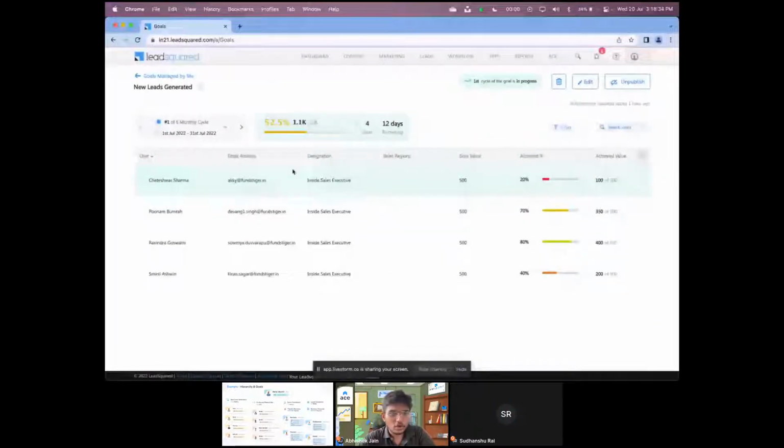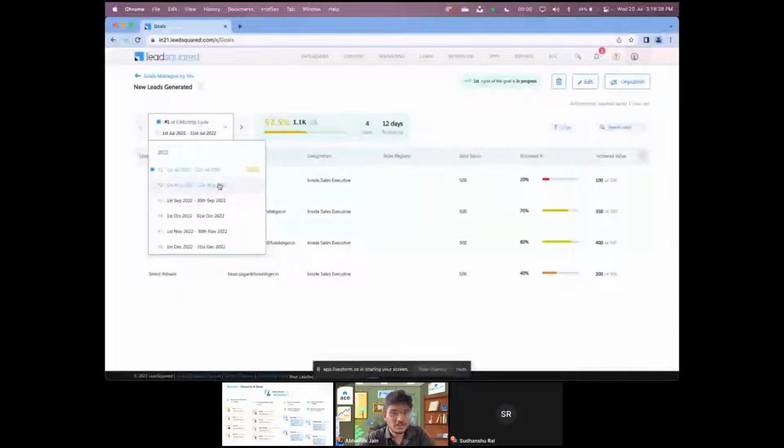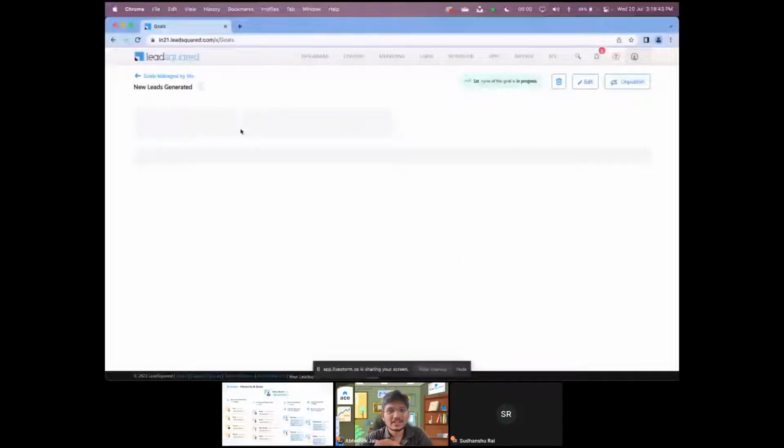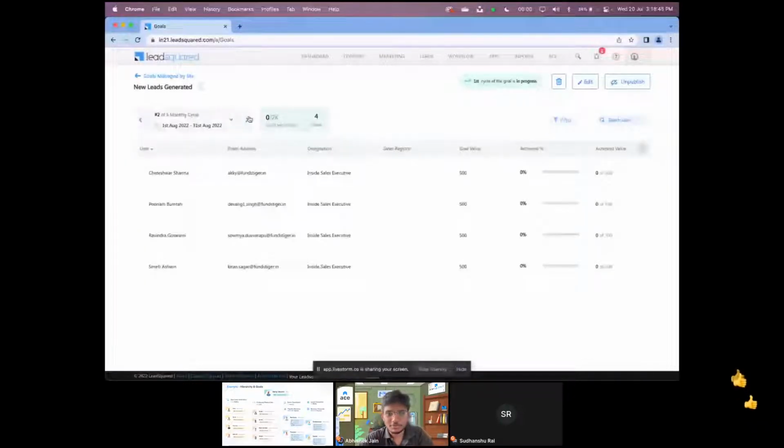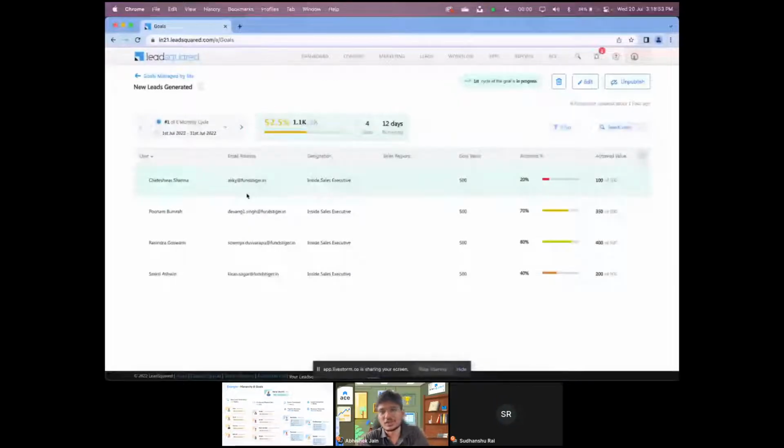And as we were talking about, right, this is a monthly goal. So at any given point of time, what Rahul Shastri can do is he can actually track this goal month over month, right? So as you can see that, obviously we are in August and you'll not be able to see any progress, but as and when the progress happens for August, September month, right, you will be able to very easily see how your progress is month over month, right? That's fundamentally what the idea is.